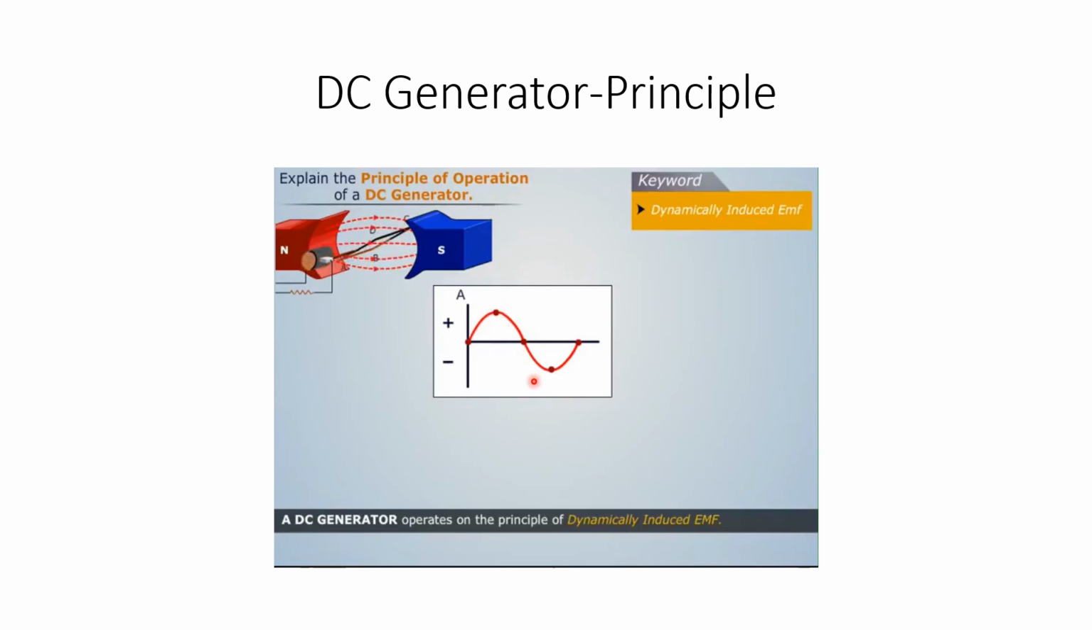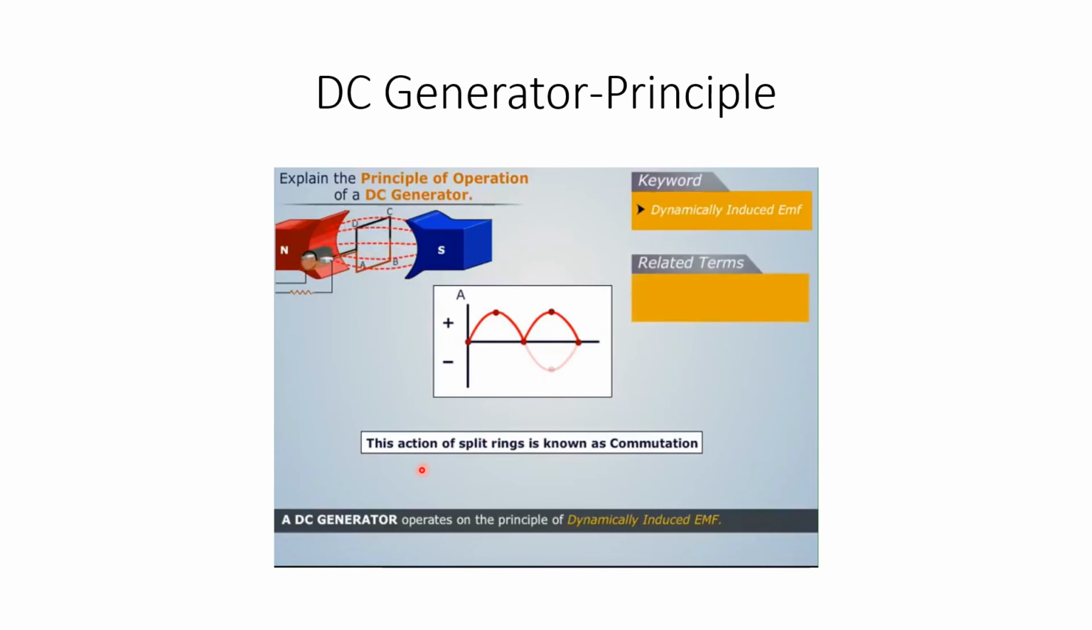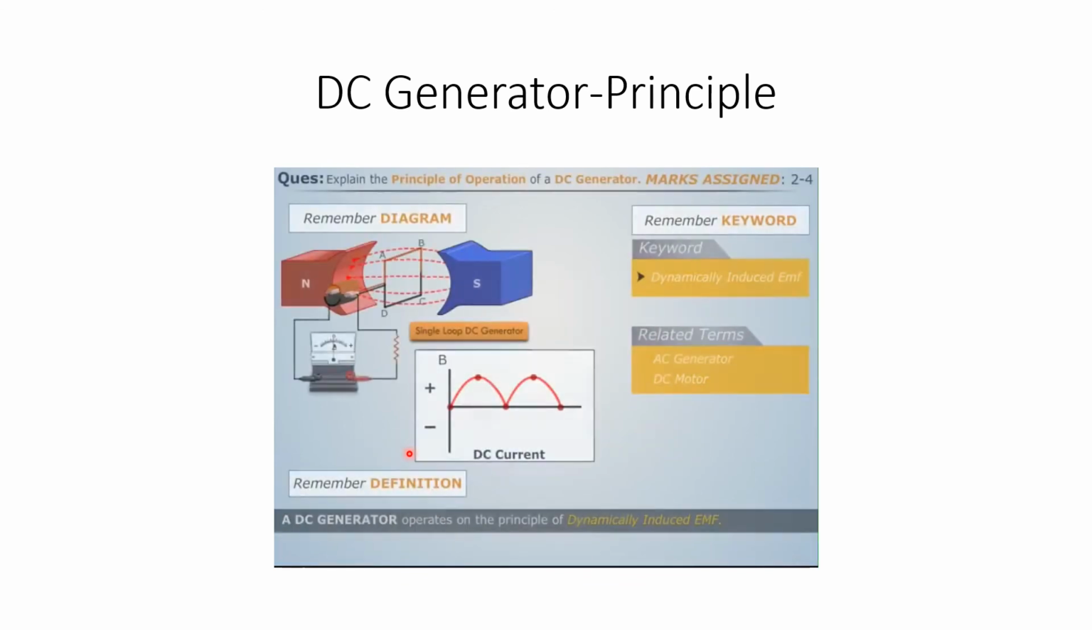With the commutator, it will produce DC current only. The commutator is also called split rings. The action of the split rings is also known as a